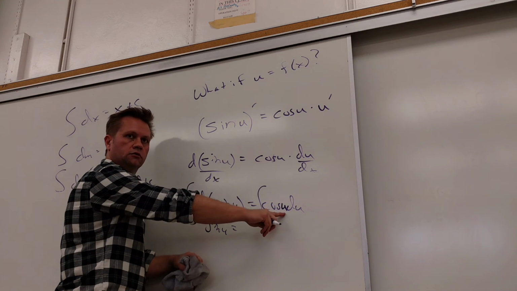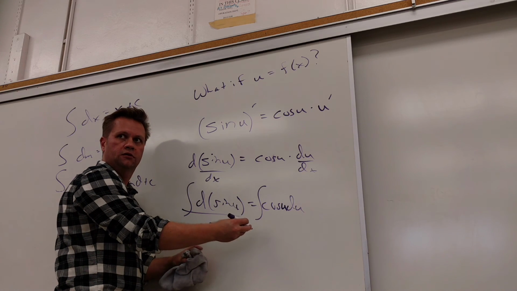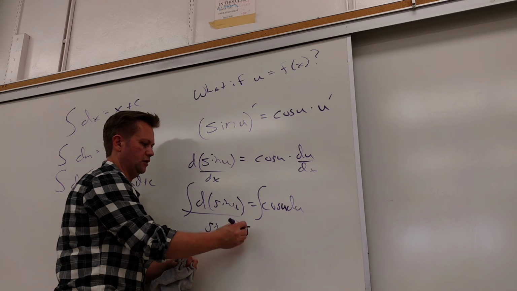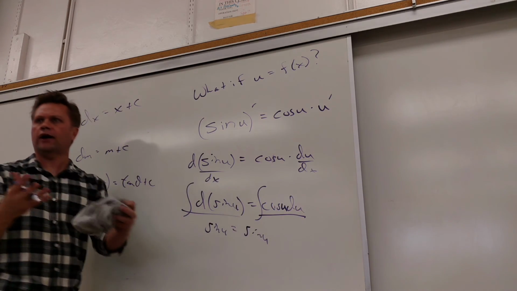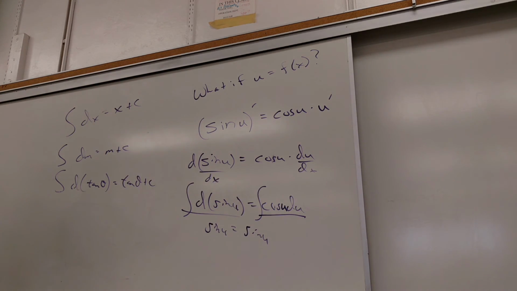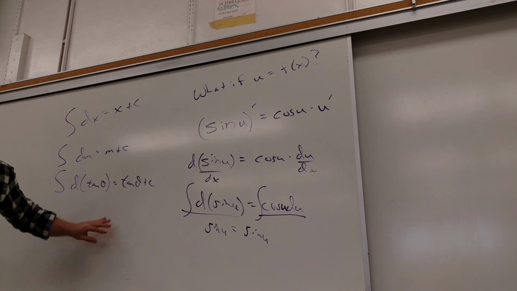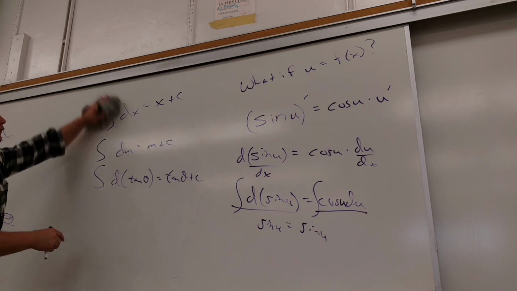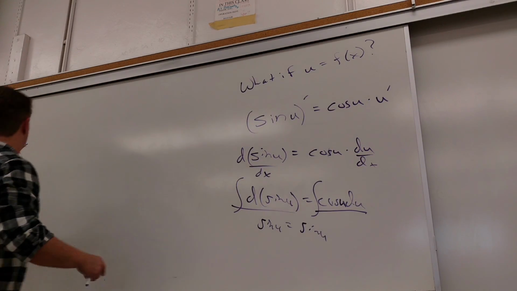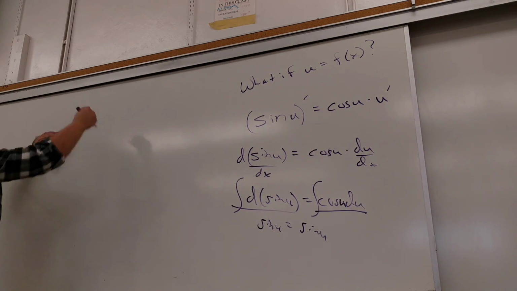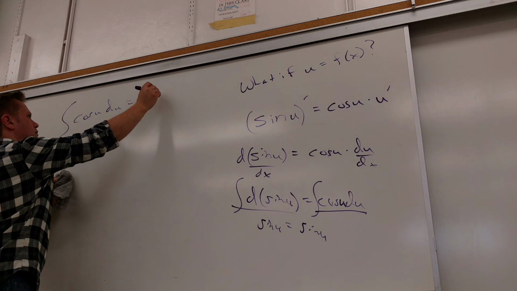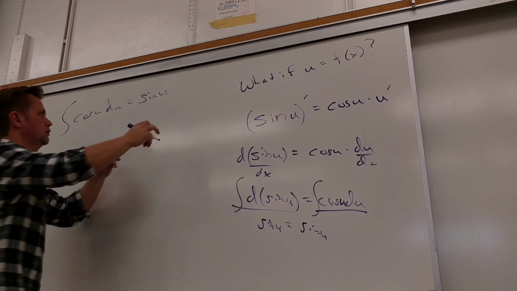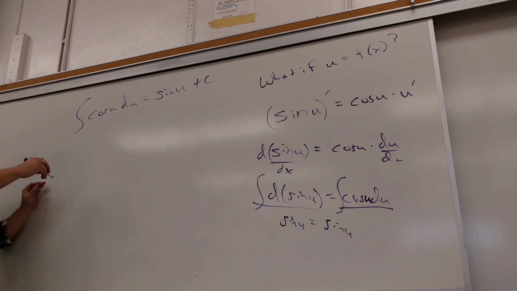And over here, what is the integral of cosine u du? Sine u. So this way of writing it is correct. It maintains the equality. It keeps it true. So what can I do with this? This is what we have here now. We've got that this is that, we know that's true, plus c. So what if